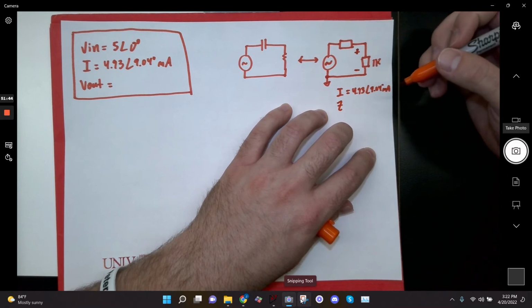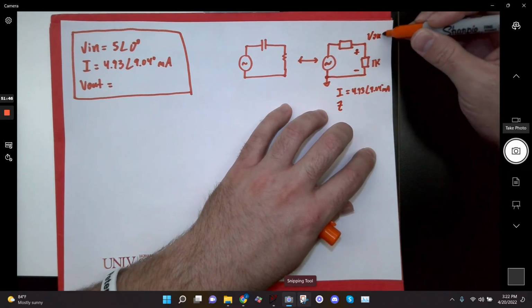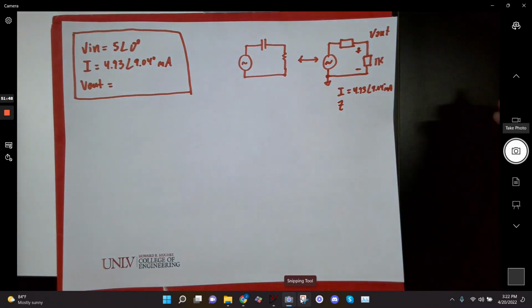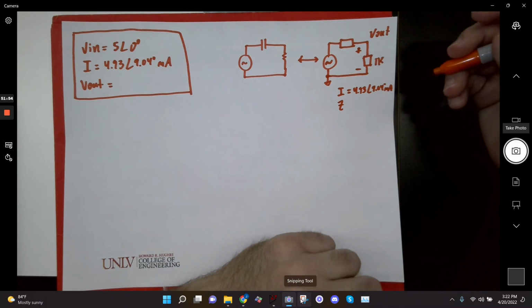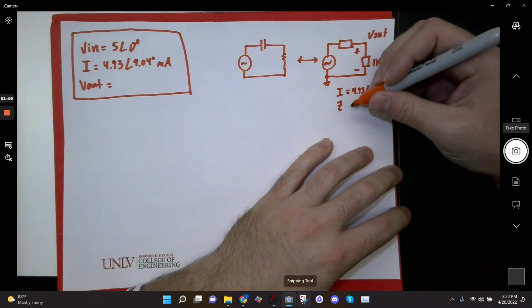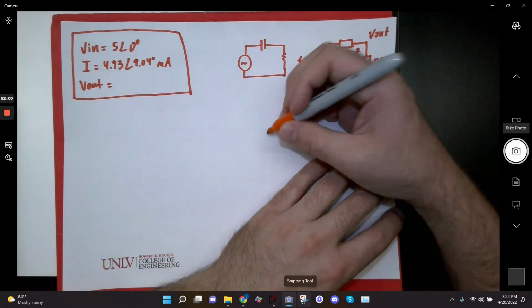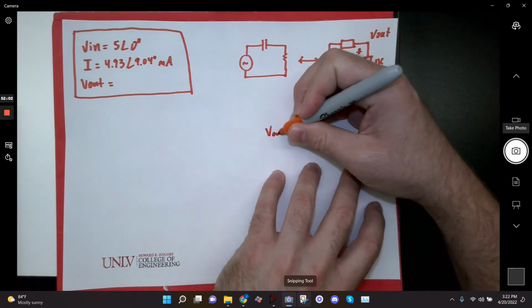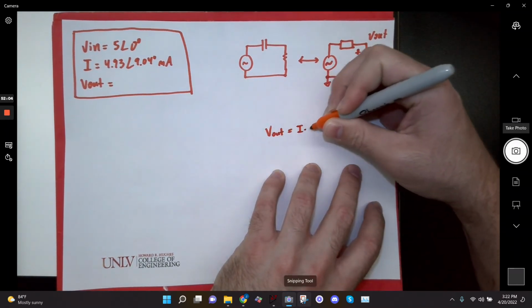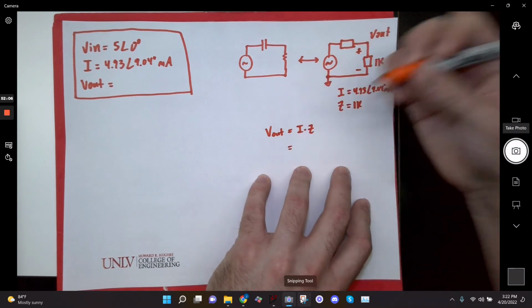The voltage across the load, because that's my Vout. So if we were doing Ohm's law, all we would do is multiply my current times my resistance. Okay? So that's literally all I'm going to do, is multiply my current times my impedance in this case. So Vout is equal to I times Z, which is equal to